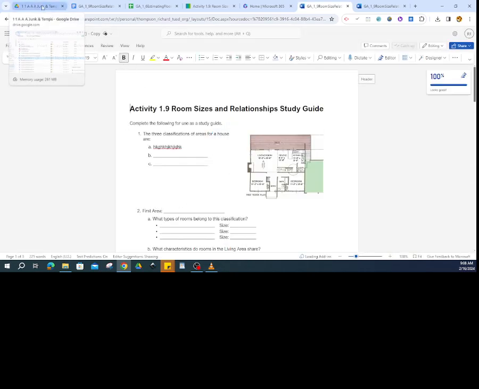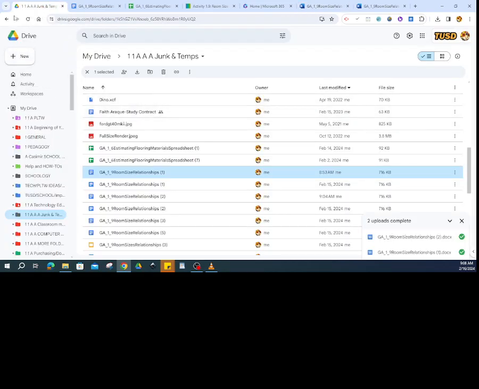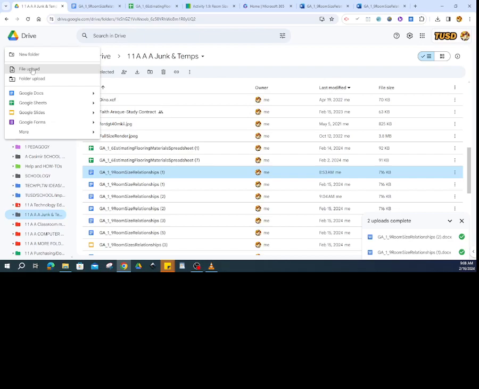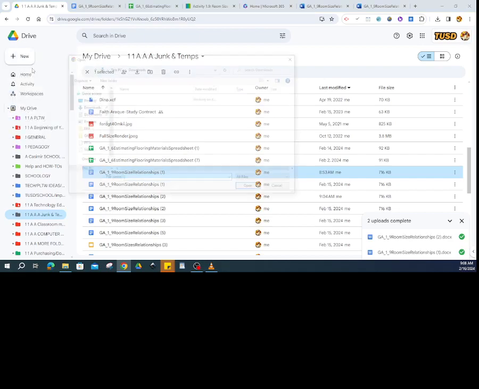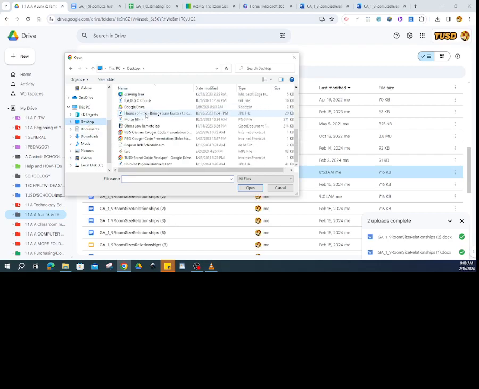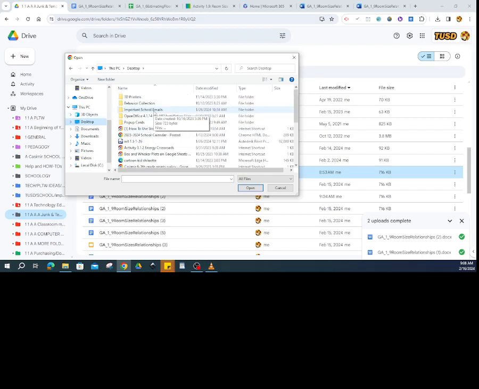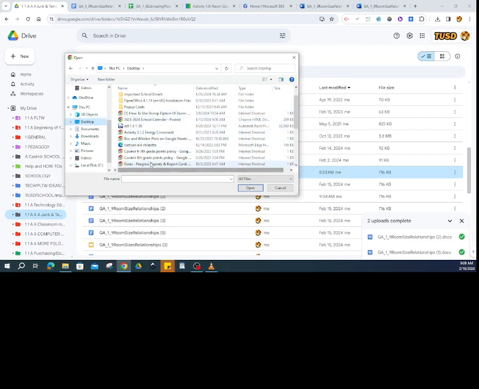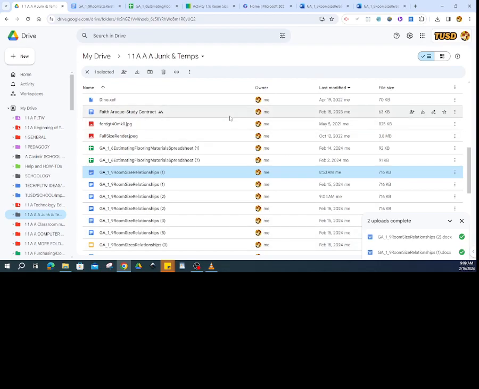Okay, I can always go back in to my Google Drive, go to New, File Upload, pull it from the desktop. So I go File Upload, I can go to Desktop, I can search for the file. It's someplace in here because I did save it to my desktop. Find it there, and then upload it into my Google Drive. Okay, so that's how you work with